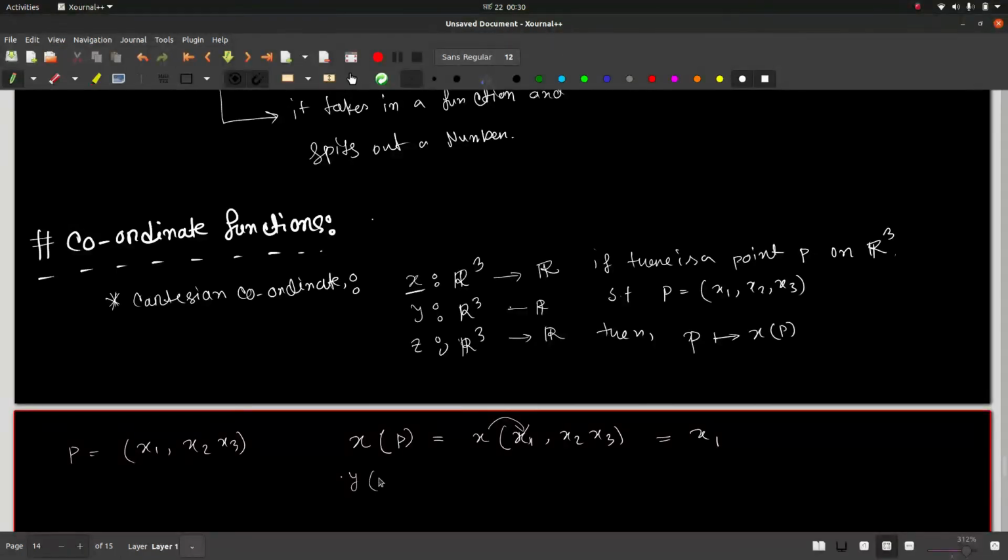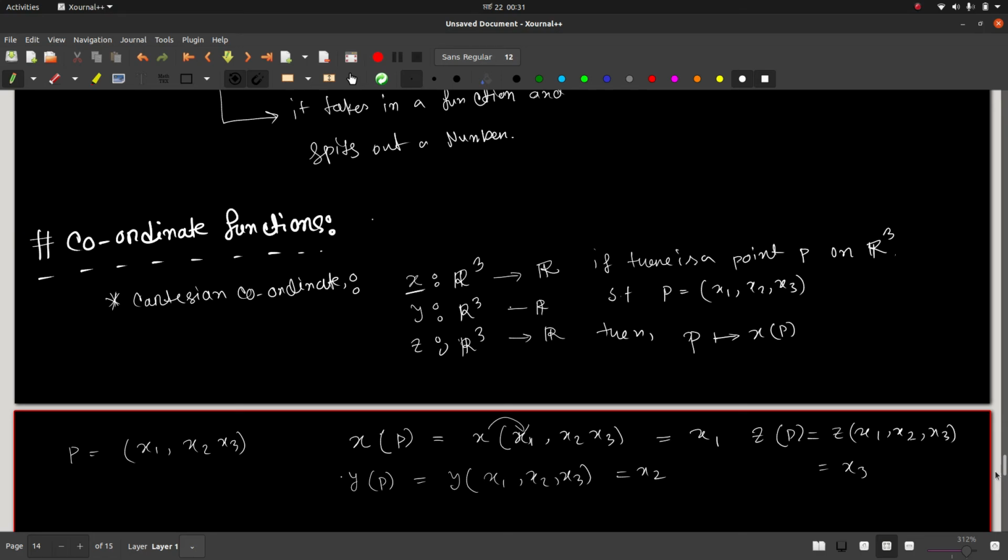Similarly, the y function will pick out the second coordinate, x2, and finally z of P will pick out the third number, that is x3,